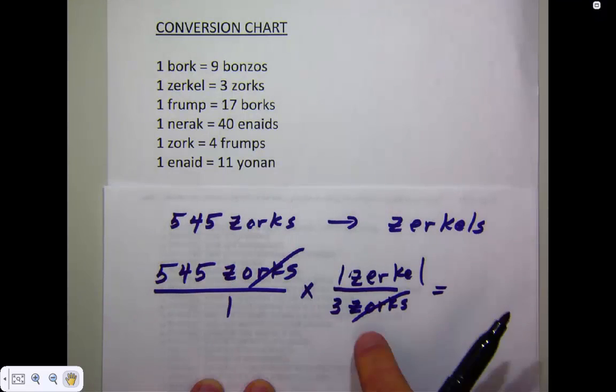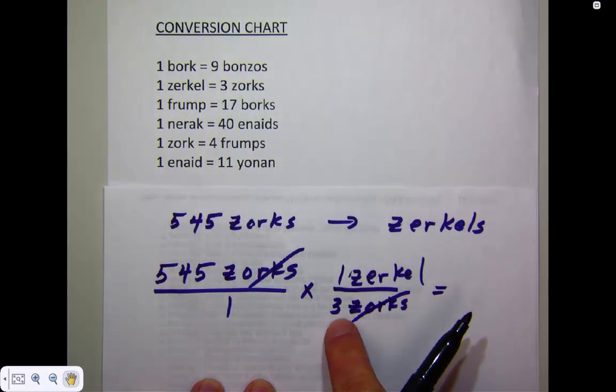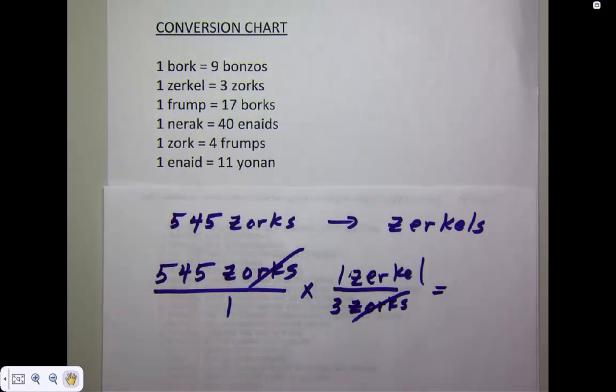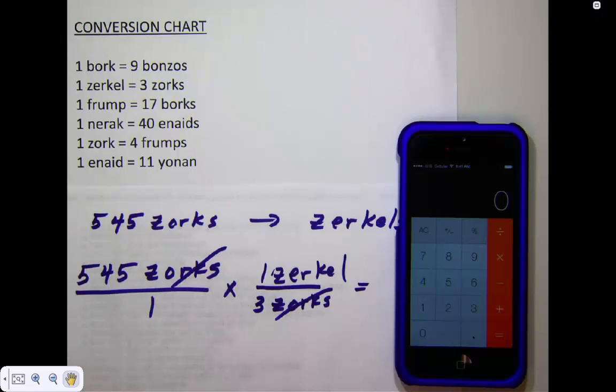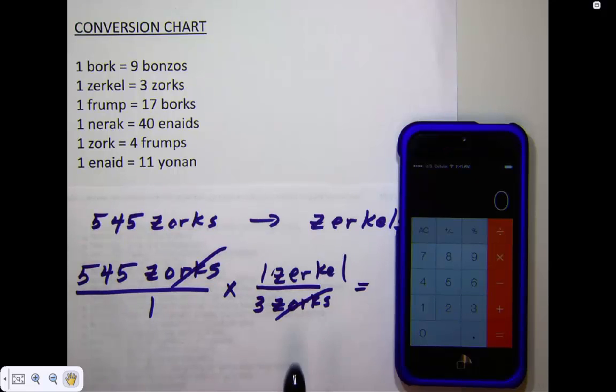And notice then, since we have the 545 on the top and the 3 on the bottom, this tells us what we're going to do. We're going to end up dividing those numbers. So if we simply pick up our calculator, we'll do that calculation. Now, in this case, it's pretty easy. We could simply take the 545 divided by 3, but oftentimes in these units conversions, we have numbers in these other positions as well. So typically what I will do here is to do what I call zigzag multiplication.